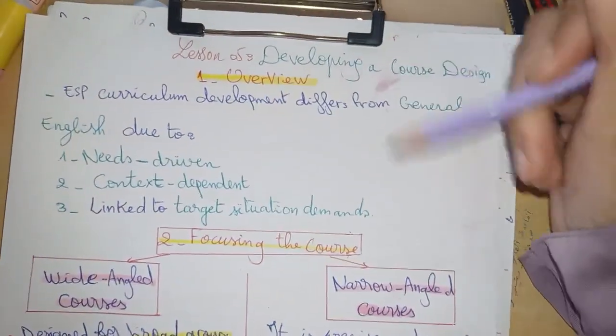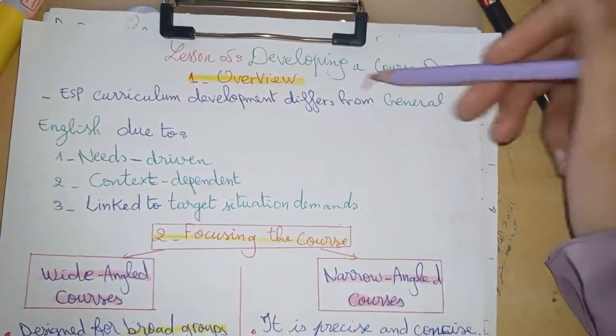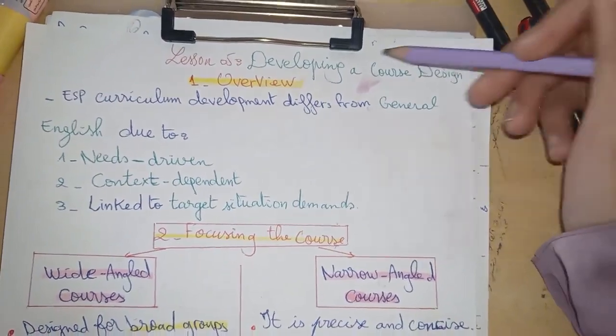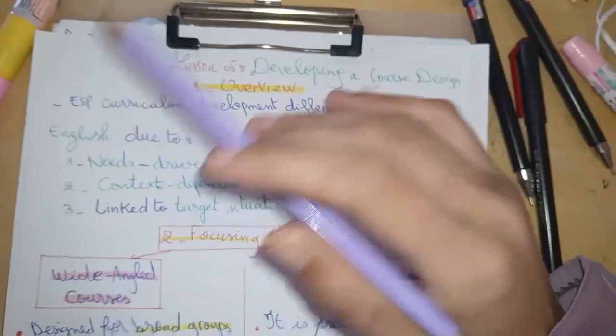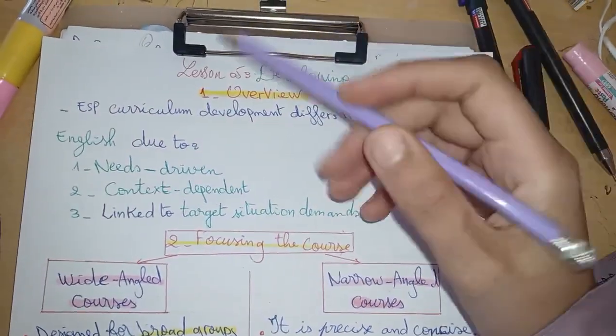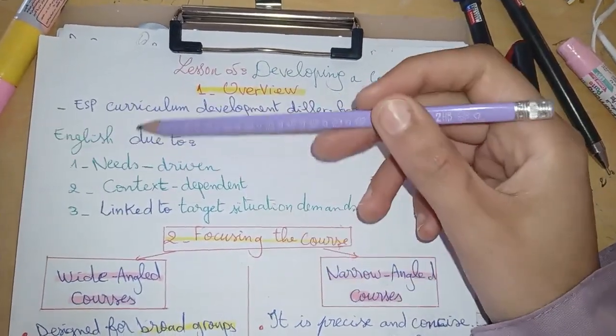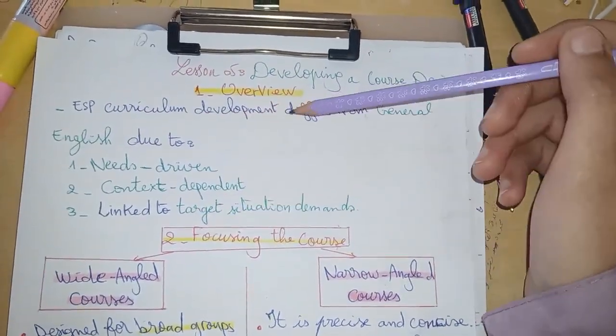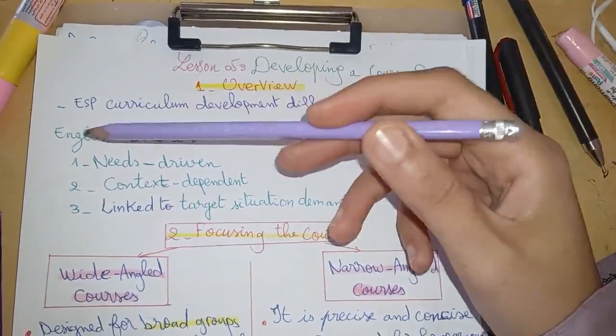So welcome again to the fifth lesson, which is developing a course design. First of all, we have an overview in which we say ESP curriculum development differs from general English